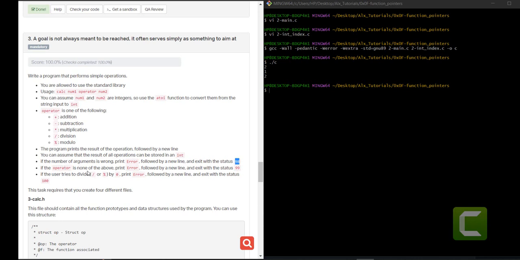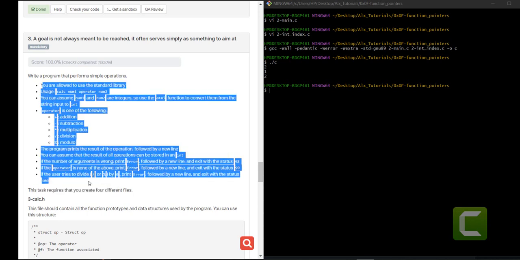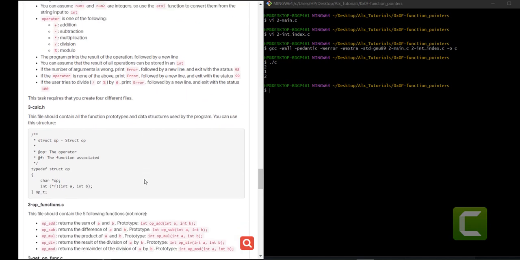If the operator is none of the above, which is either addition, subtraction, multiplication, division, or modulus, then we should print the word error followed by a new line, and then exit with the status 99. And if the user tries to divide by 0, then we should also print error followed by a new line and exit with 100. So all these are the requirements that we need to satisfy,